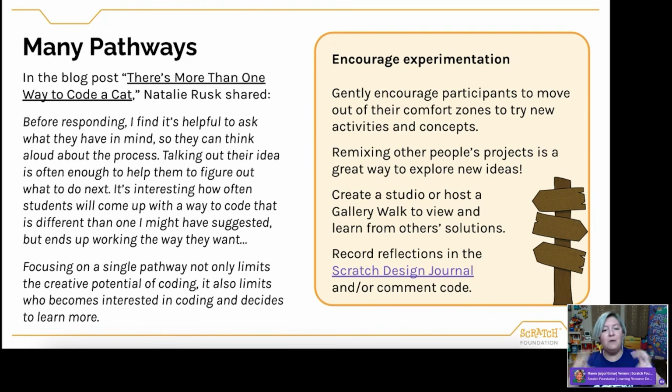And now what do we try? Now how do we reiterate? Now how do we iterate on what we've done? The Scratch Design Journal that I have linked in this slide can be a lovely place to help students imagine, plan, iterate, and reflect through all these phases of the project's development.